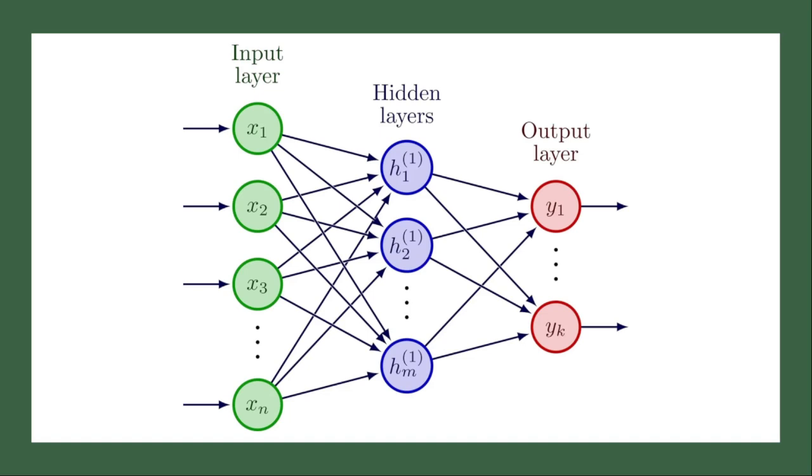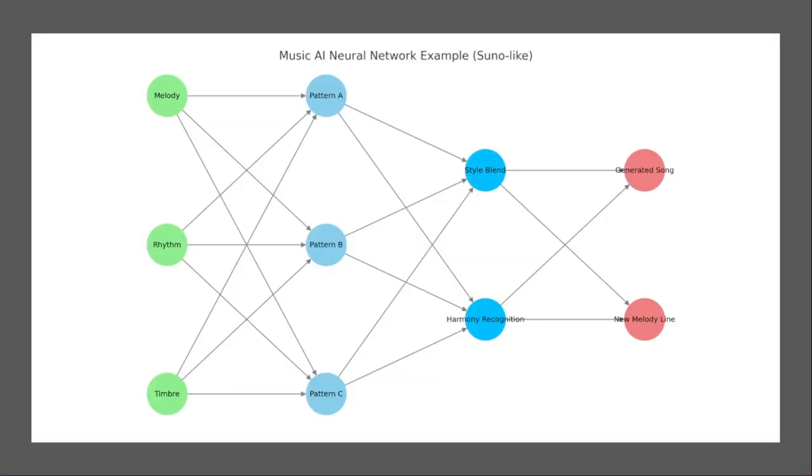Let's take it for another test spin. Now I've given you an idea that is a little bit nebulous. I'll make it more specific now. Take an example of an AI neural network, Suno in this case. The input layer, green, that could be melody, rhythm, and timbre. These are the raw features from your uploaded song. Melody is the notes, rhythm is the timing and the groove, the swing, timbre is the instrumental aspect or the voice color. Each feature connects via weighted arrows, telling the system how important each element is.